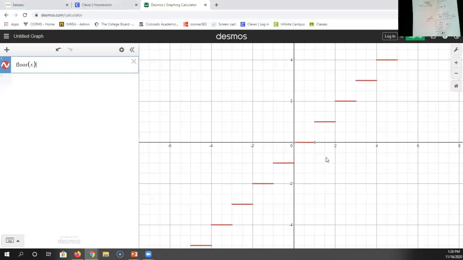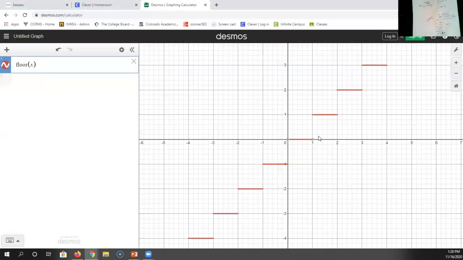Okay, if I zoom in to where we can just see 1, you can see that anything underneath 1 or anything between 0 and 1 has been rounded down to a 0. Anything between 1 and 2 gets rounded down to a 1. Anything between 2 and 3 gets rounded down to 2. And then the same thing on the negatives. From a negative 0.9 to a 0, that gets rounded down to a negative 1. Okay, and like Sydney corrected me, anything from negative 4 to a negative 3.1 gets rounded down to a negative